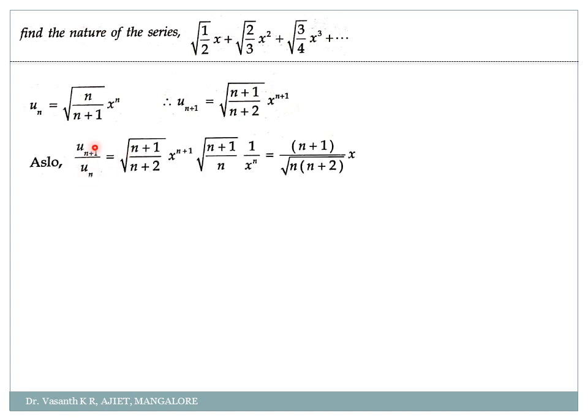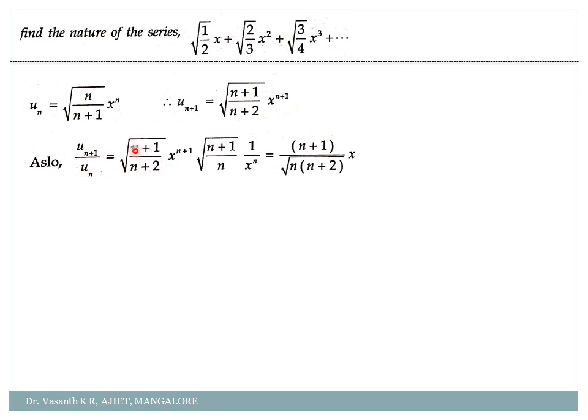So when I divide that, un plus 1 divided by un. So this is my un plus 1 and this is my un. Okay. See this root, you can split it. You can write it as root of n plus 1 divided by root of n plus 2, and here also root of n plus 1 divided by root n. So root of n plus 1 into root of n plus 1 is n plus 1, correct? And in the denominator it will be whole root of n into n plus 2. Am I right? Into x. That is what will remain here.